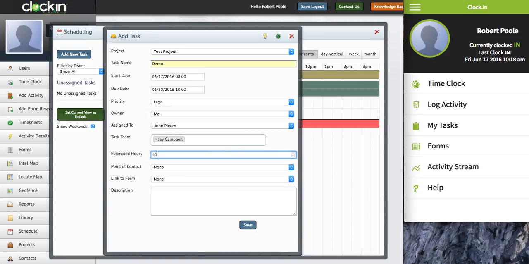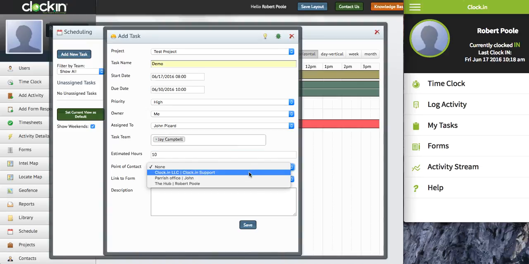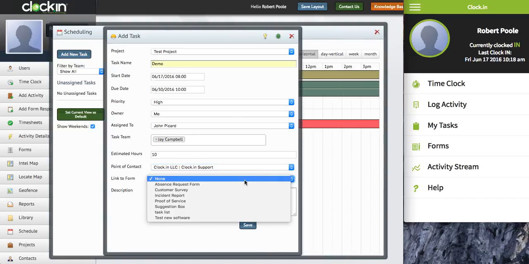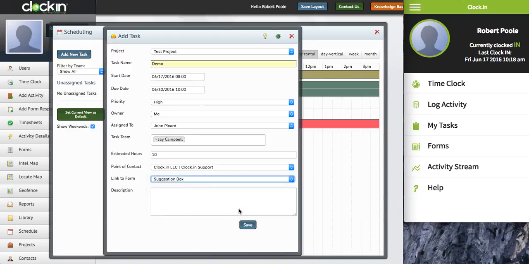You can add your estimated hours, point of contact, and if you wanted to include a form for your users to use out in the field, if they need to complete a proof of service form or something like that, you can add a form. So we're just going to go ahead and add a form here, and then you can add a further description if you choose. Once you save that,